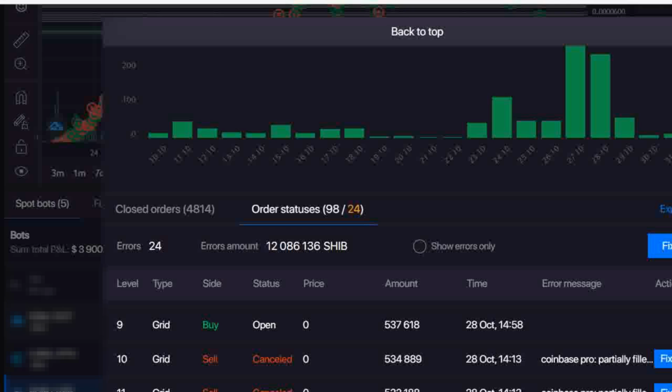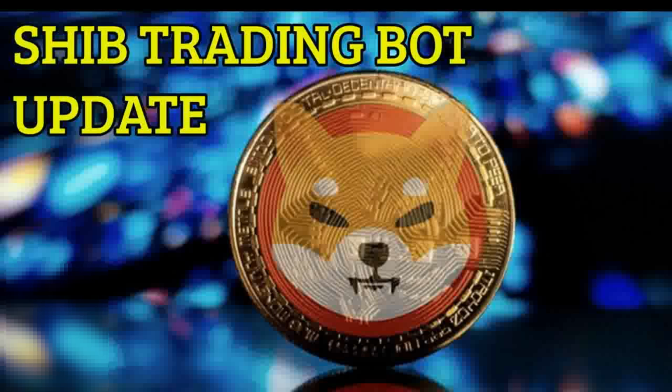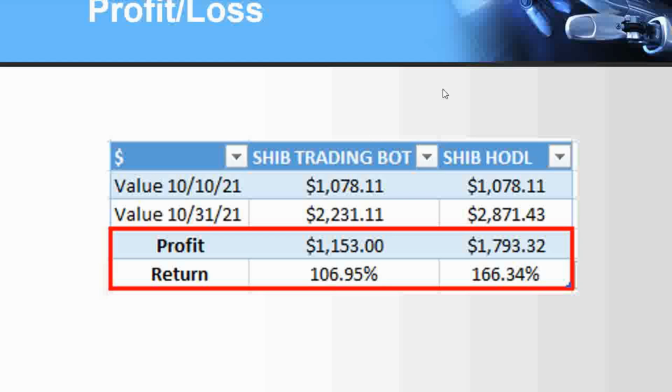So as I mentioned, I bought 40,822,000 SHIB, and at today's price, which I just saw was about 70.34, that would be worth about $2,700. Let me get the summary for you. So that would be 2871. That would be a profit of $1,793. And so compared to the SHIB Trading Bot profit of